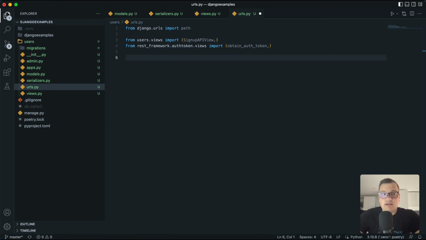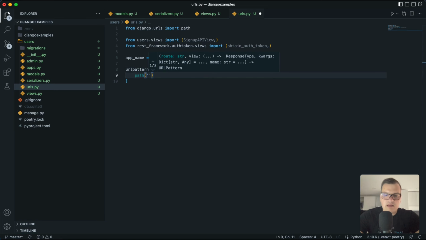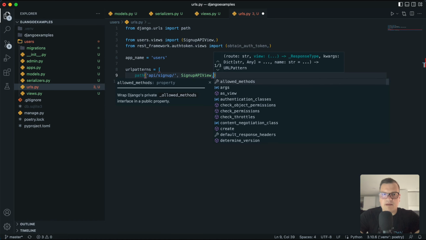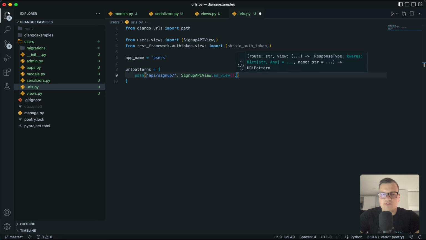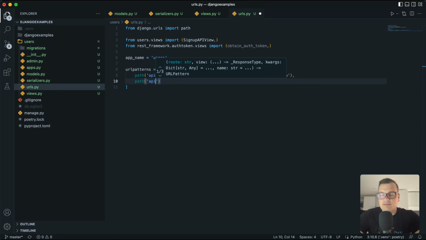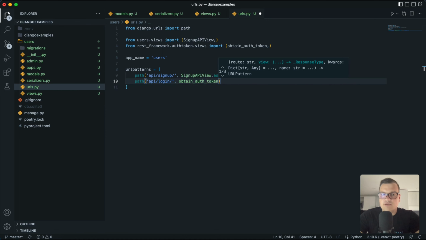So now what we have here, we specify an app_name called users, and we specify urlpatterns. We will have several URL patterns. The first will be path api/signup, and we have here SignupAPIView, and we call the as_view function, and we set the name to SignupAPIView. Then we specify another endpoint called login, and here we will use this obtain_auth_token function, and the name that we'll provide here is login